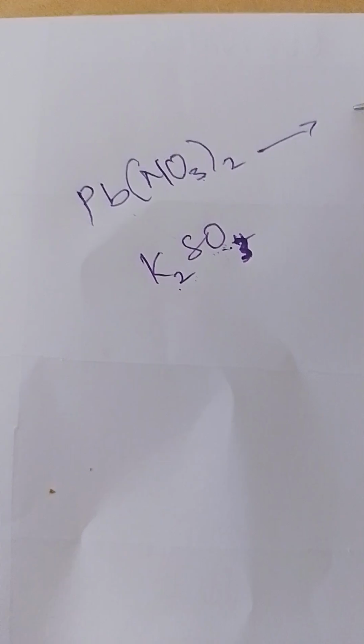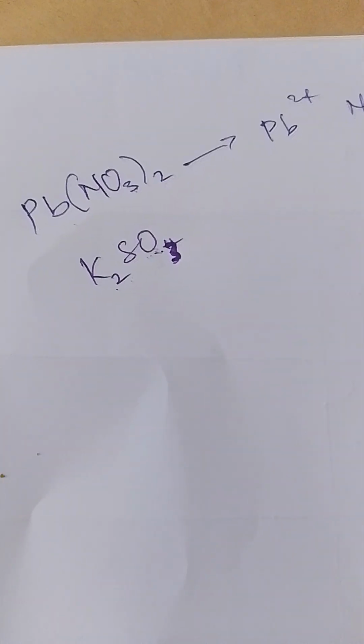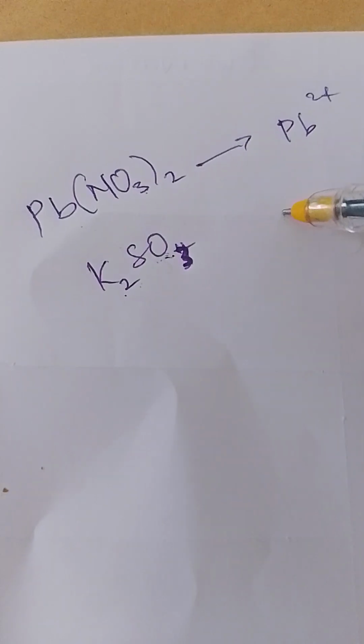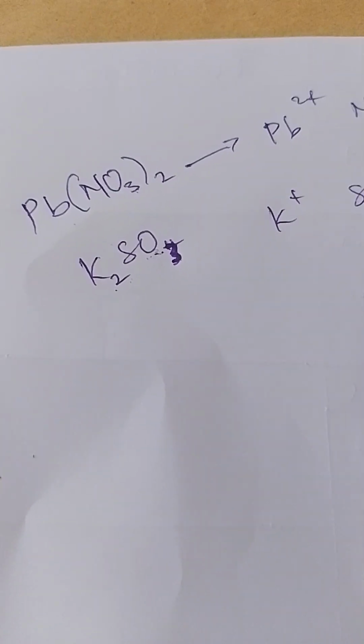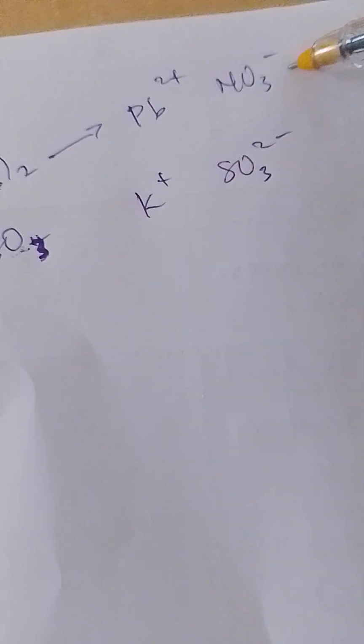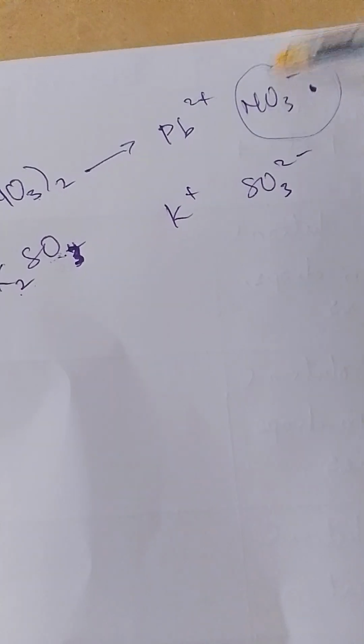Now you know that when we analyze this, what are we expecting to have here? We're expecting to have Pb2+, and of course NO3-. And here we expect to have potassium ion, K+, and SO3 2-. So these are the possible things we are going to be asked. This one is your brown ring test, if they are going to ask this,